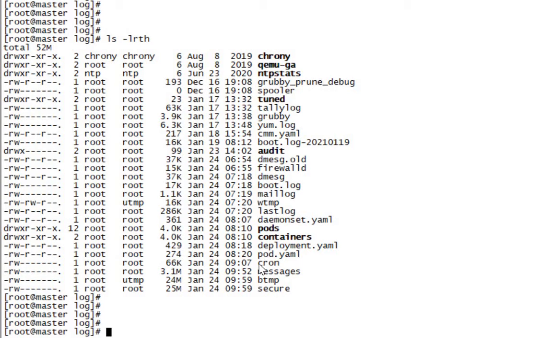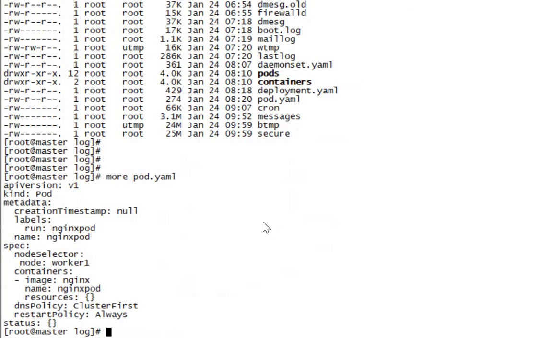For practice also, as I said, if you try to deploy a new pod on this worker node, it will not schedule. For example, I have created one YAML file having the node selector as node worker one. This label is for the worker one.